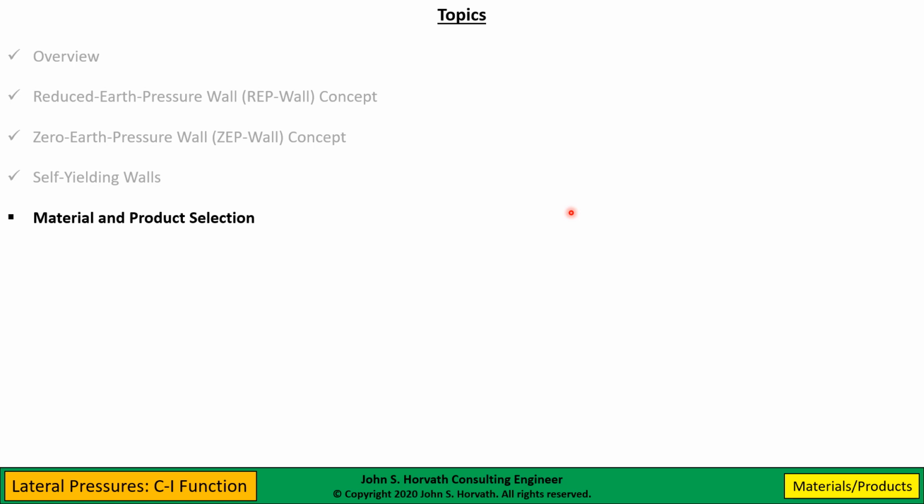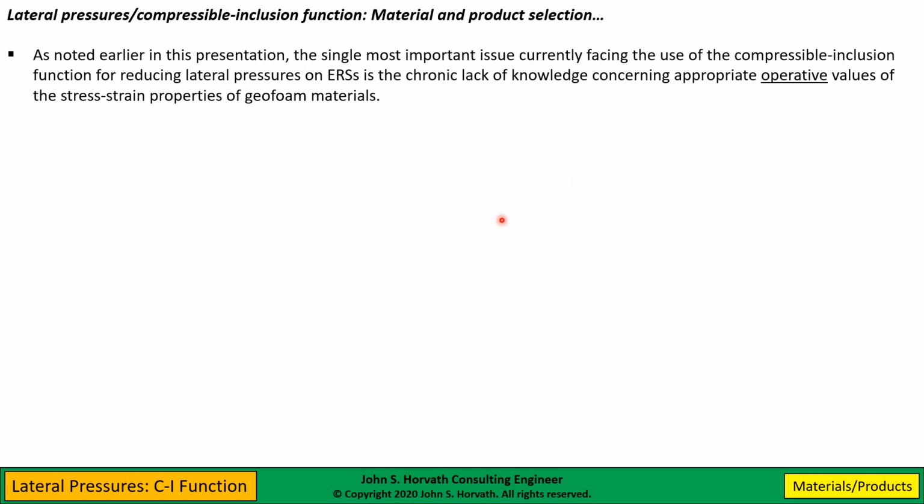Well, to wrap up this segment on the compressible inclusion function, let me talk about material and product selection, because it's common to the REP wall, ZEP wall, and self-yielding applications. As I noted earlier in this presentation, the single most important issue currently facing the compressible inclusion function for reducing lateral pressures on earth retaining structures is